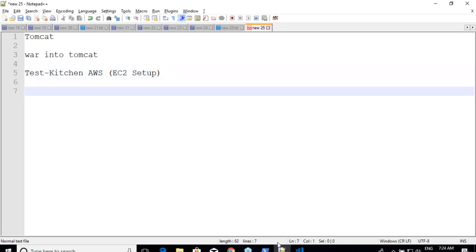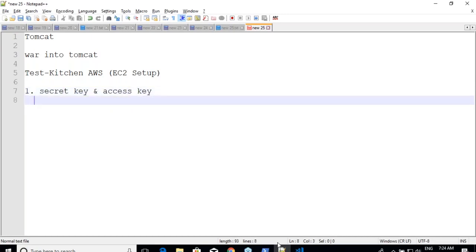For this, we need to do some other things. Remember in the last class I said I want you to create an IAM user and all of that. Okay. So the first thing is I need to get the secret key and access key, and after installing AWS CLI, I need to execute the aws configure command, right?